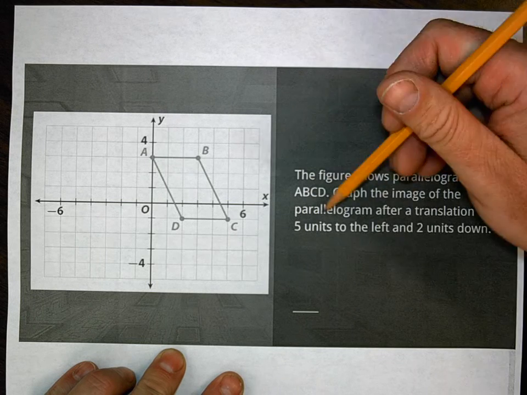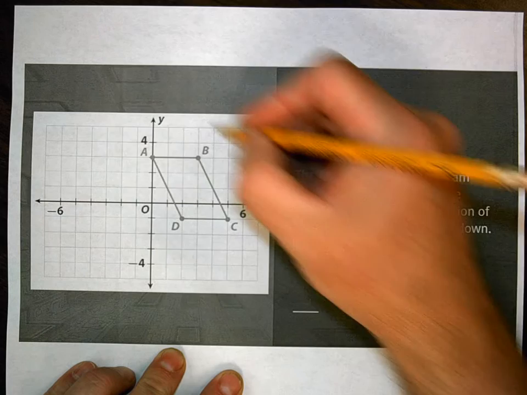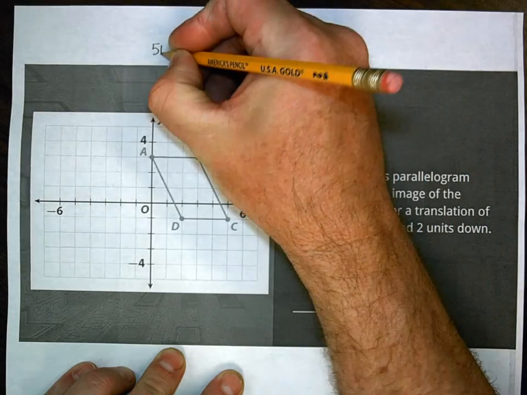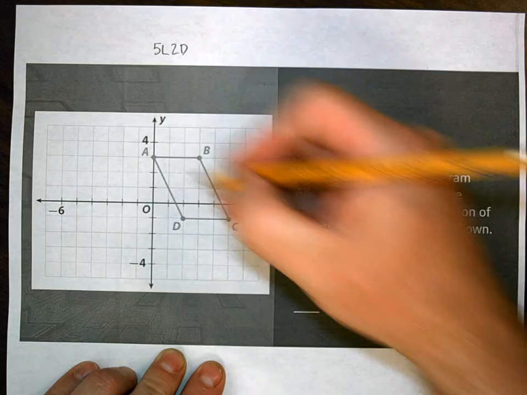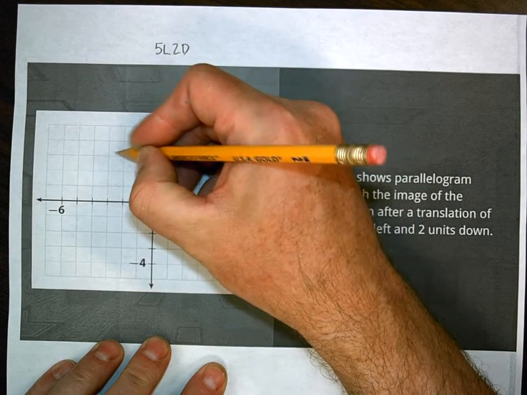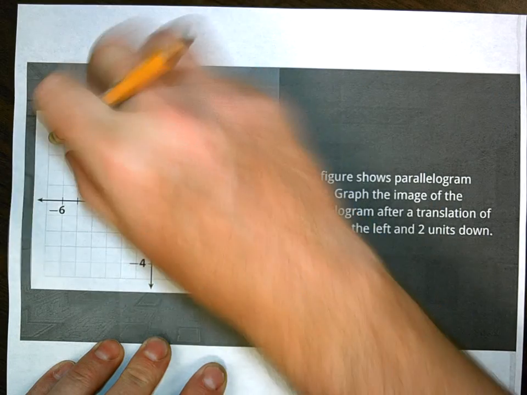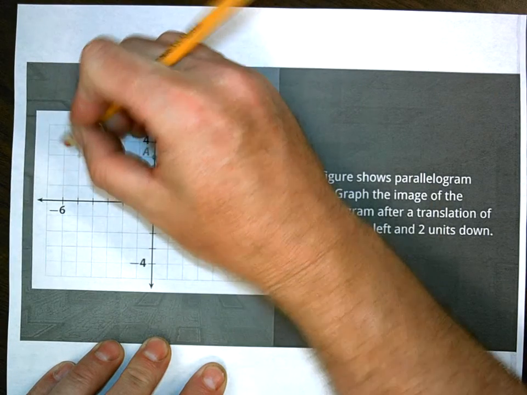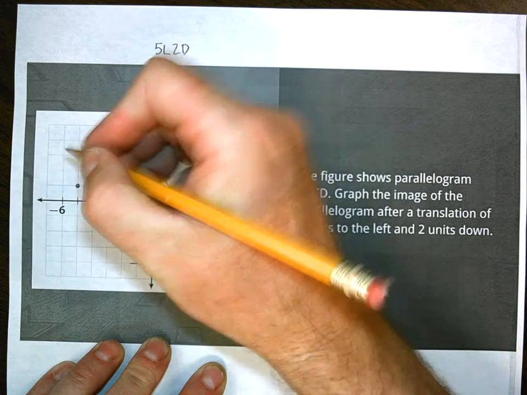Graph the image of the parallelogram with a translation of 5 units to the left and 2 units down. So 5 left, and 2 down. I'm going to pick one point here. I'm going to pick point A, and I'm going to go 5 left: 1, 2, 3, 4, 5. Whoops, I shouldn't have done that, not a hard point. And then 2 down: 1, 2. So there's my hard point, and that is A